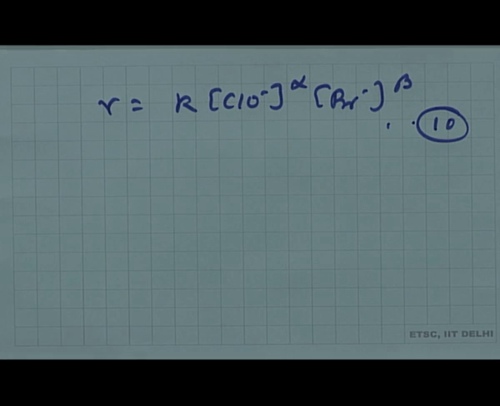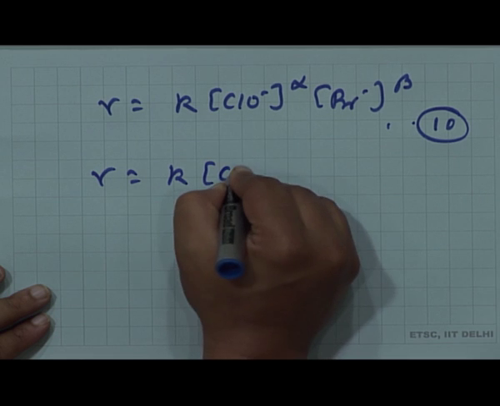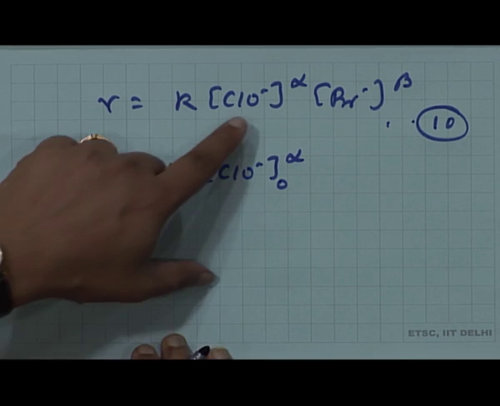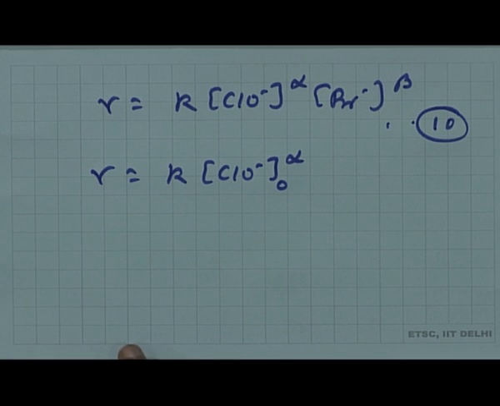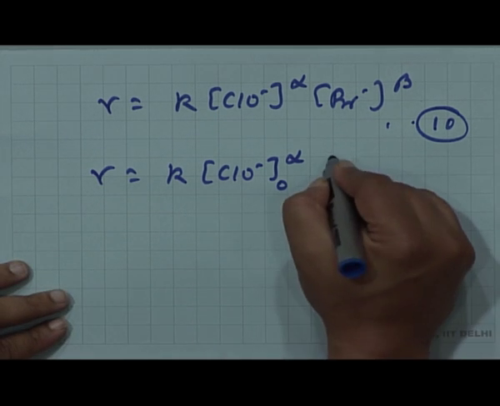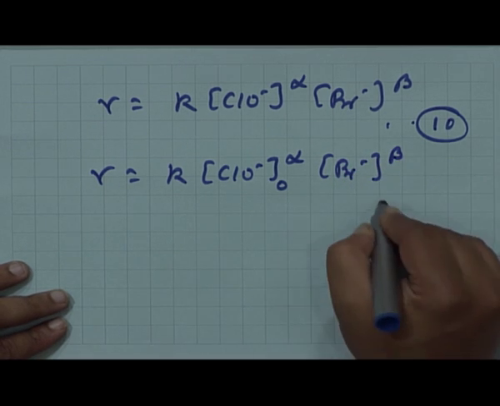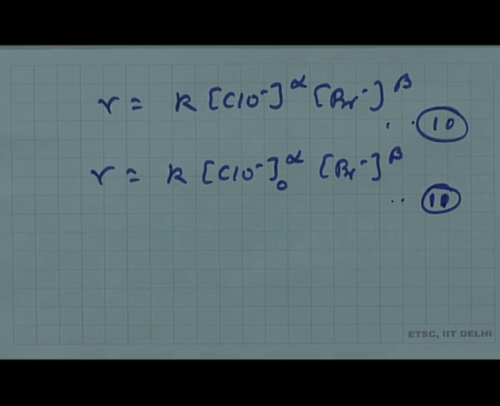Now, this can be replaced as R is equal to K minus alpha. So, I am replacing ClO minus by ClO minus 0 because it has not changed at all. It is approximated to be equal to the initial concentration, started with Br minus beta. So, let this be 11, right. Now, once we have made this approximation, once we have changed ClO minus concentration to ClO minus 0, that means